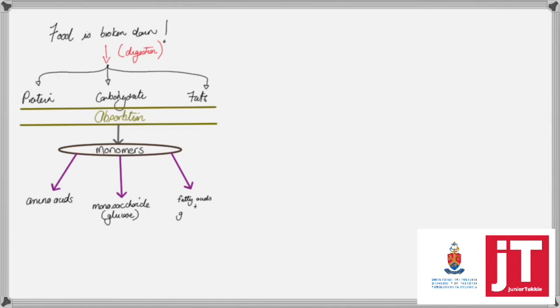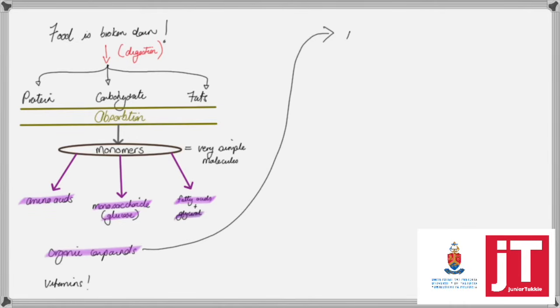If we look at fats, they're broken down into their monomers, where the base monomer is the glycerol, and we have 3 fatty acids. And it's these monomers that are absorbed by the body. And remember, these are very simple molecules. If we look at these 3, they are our organic molecules or organic compounds because of their chemical structure. Vitamins also fall into this category, but we're going to be focusing our attention now on the proteins, the carbohydrates,